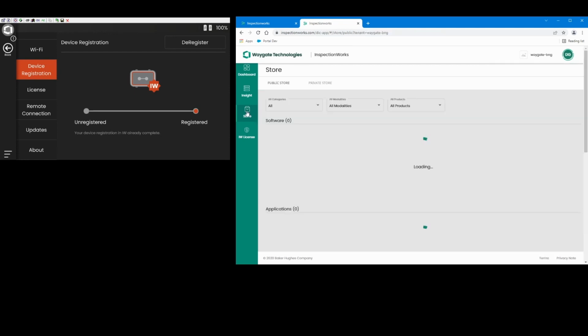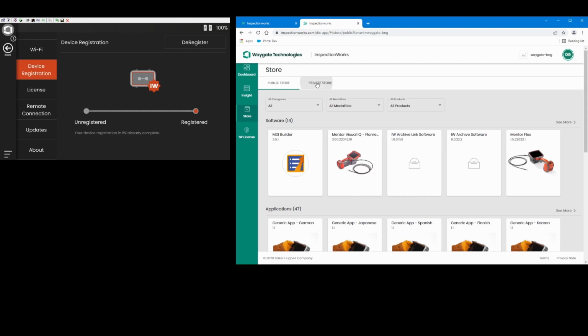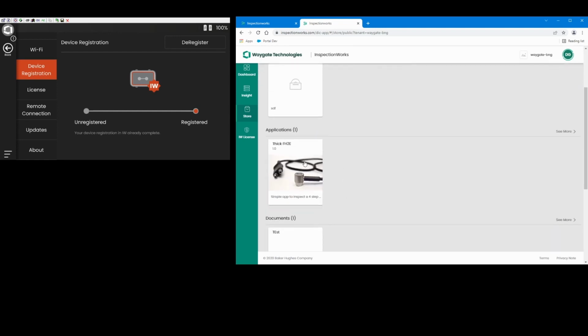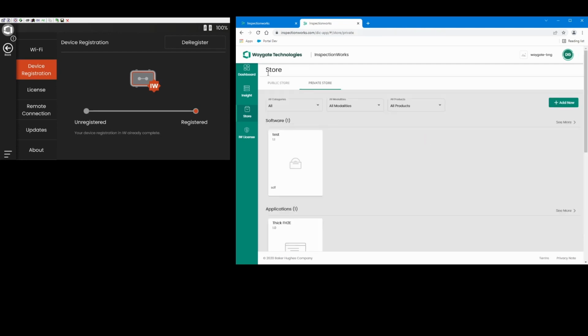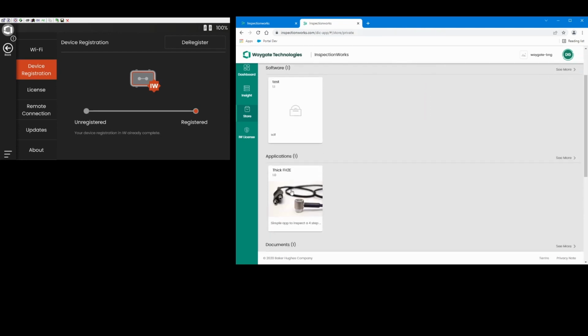So now if I go back to the store page, go to my private store, there's the folder and the app I just created. And if I click here, I come back into this page and I see my details. I can upload new versions. I can add additional documents and files in here if I like. But this is where I would publish an app that I want my inspectors in the field to be able to find. So now if we go back over to the instrument side,